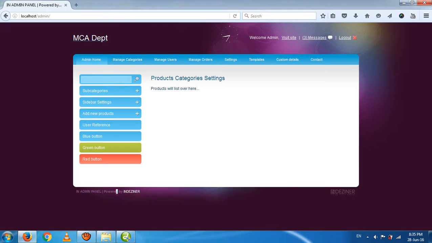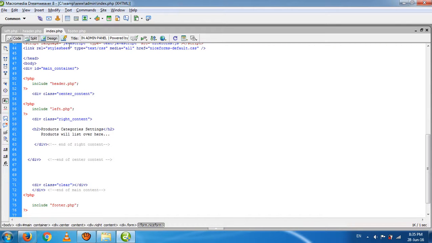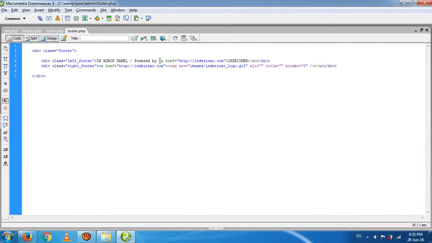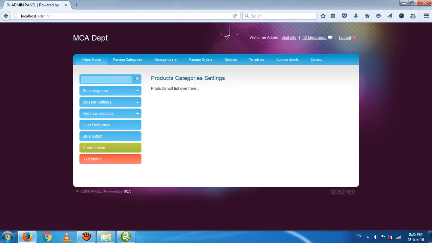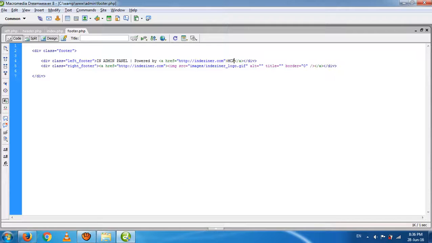Okay, and you may also change the powered by. Go into the footer, powered by, you may write your name over here, or the department or project name, MCA. Save it and refresh it. There is a logo or some icon, and that is the thing which we are discussing right now.